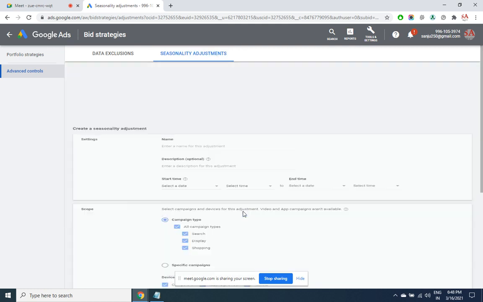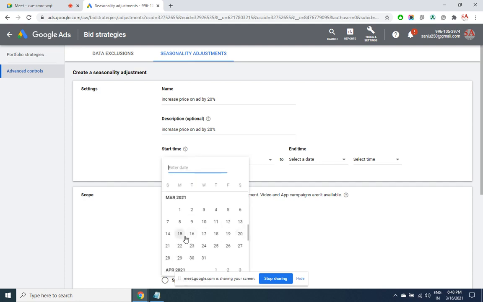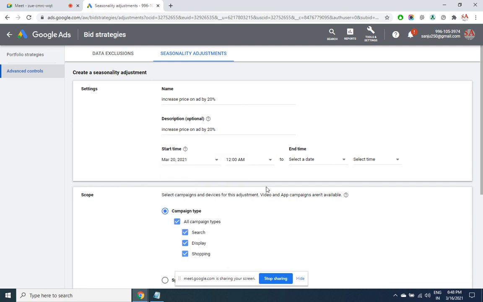So I click on new seasonality, I enter the name, and choose during which time period you want this condition to apply. Let's say weekend itself, for example.